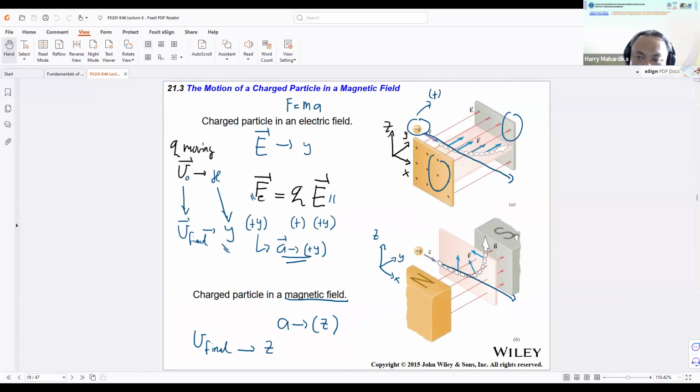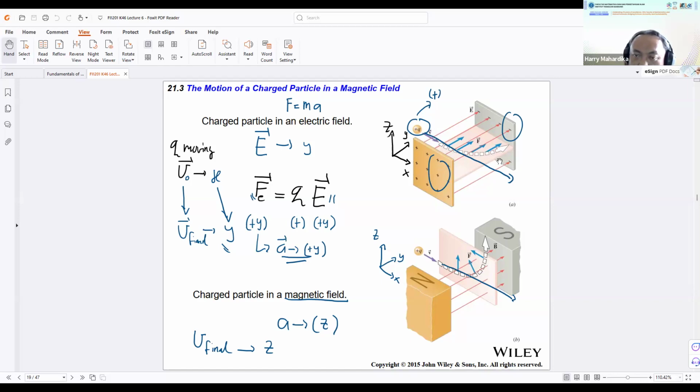So here I will present the differences between the influence of an external magnetic force and the influence of an external electric field. If we have a charged particle that is moving from here to here, and then the magnetic field and the electric field, if we have a parallel plate that produces a uniform electric field like this one,